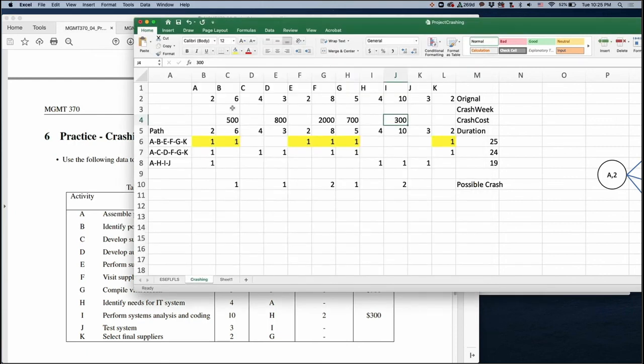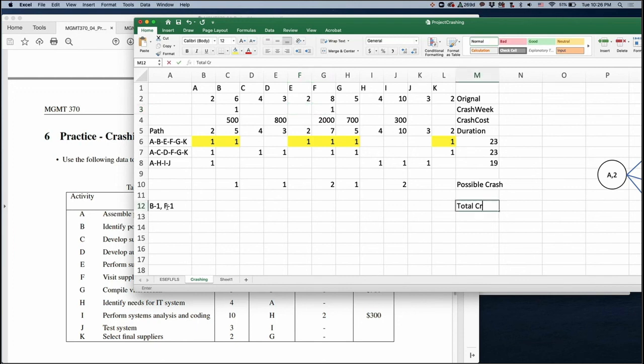Which one? Can you crash activity E? Yes, we try. So we can try activity E, but E is non-critical, so you cannot change it here. How about F? You can change. You can crash 1 week here. So if you crash here, then finally you can complete by 23 weeks. So this is a possible scenario. You crash B by 1, also F by 1, then you have to compute the